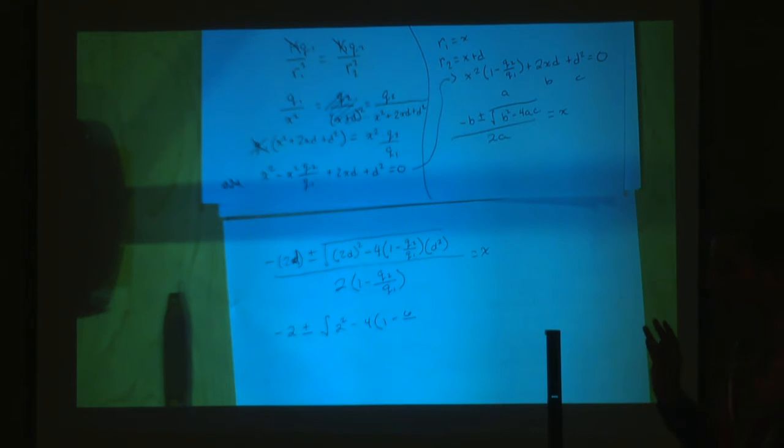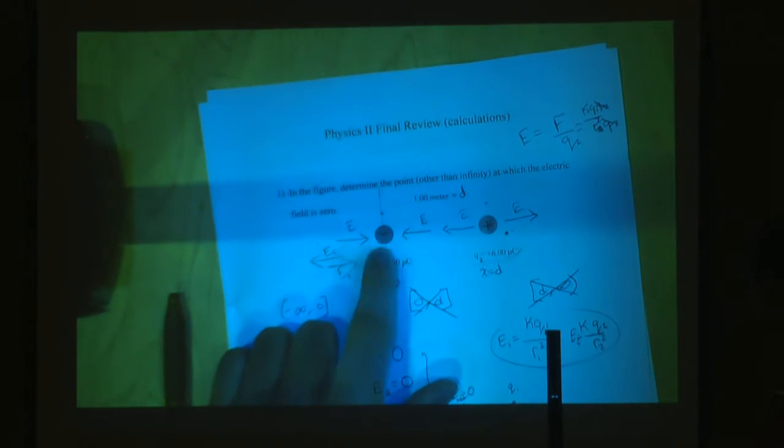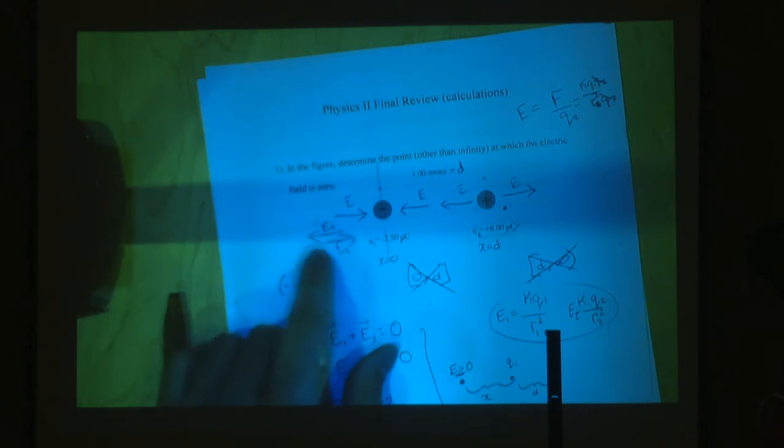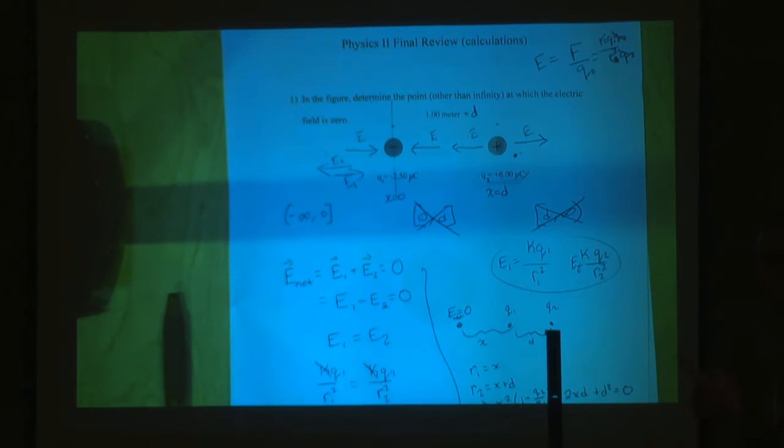Why am I going to do that? We already accounted for direction. That negative there is just to show which way our electric fields are going. But as soon as I made this and plugged in a negative right here, I've already taken that negative into account. If I were to do it again,